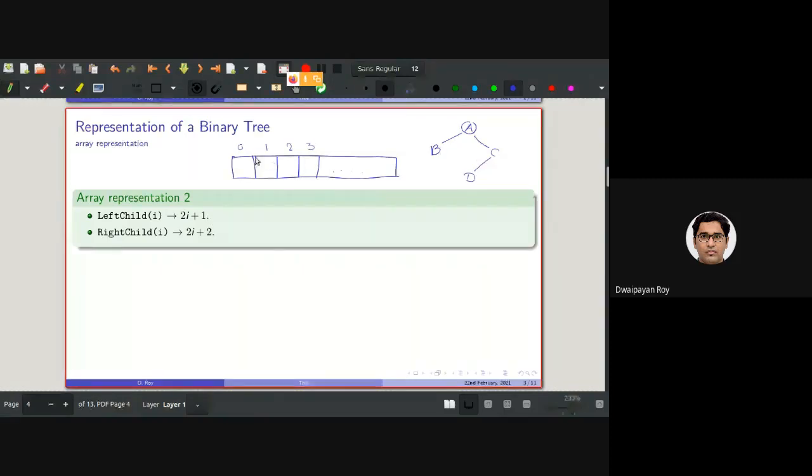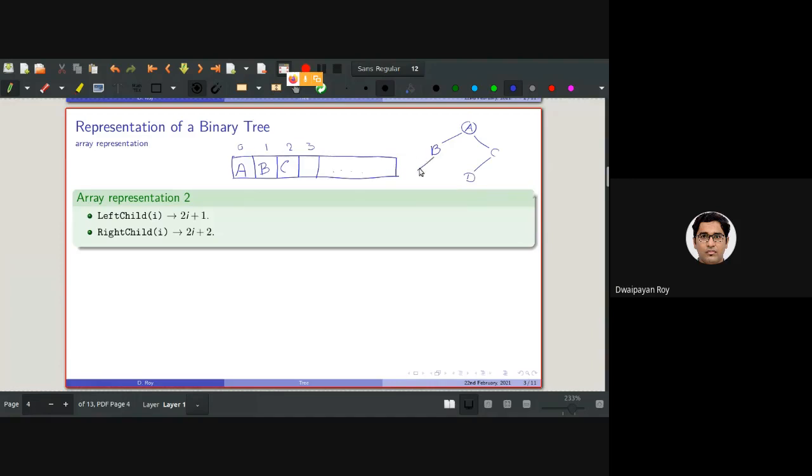So A, the root, will be placed in the 0th position. The left child of A will be positioned in, because i is 0 for A, 2 into 0 plus 1, so basically 1. So B will be stored in the 1st position, C will be stored in this position, and this D will be stored.